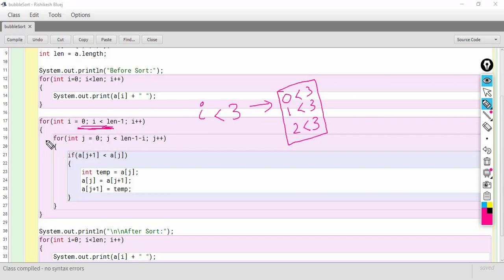Then the inner loop. Let's see the inner loop. We'll come to the condition part later. First let's see what's happening inside the inner loop.